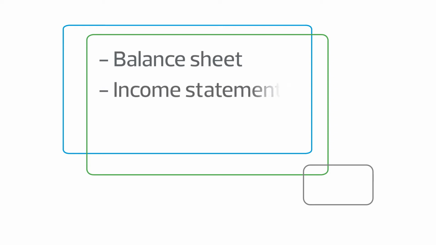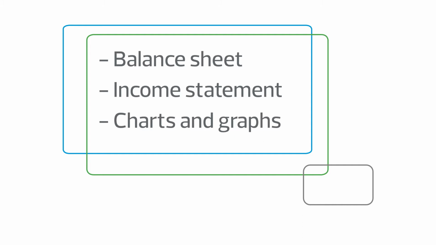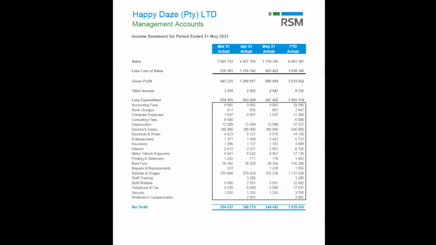Needless to say, management accounting could be defined as the analysis of both quantitative and qualitative info for the purpose of improving efficiency and effectiveness within the business dynamic, whether big or small. Our reports for management accounts generally comprise a balance sheet, an income statement, and for some color and interest, charts and graphs. Starting with the income statement